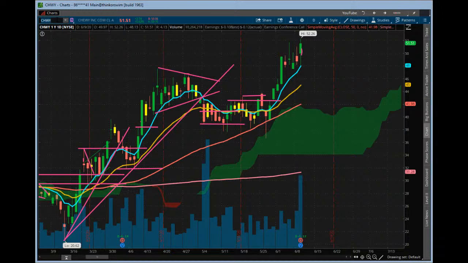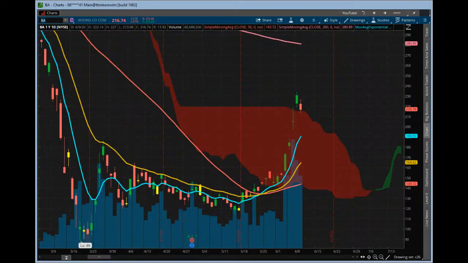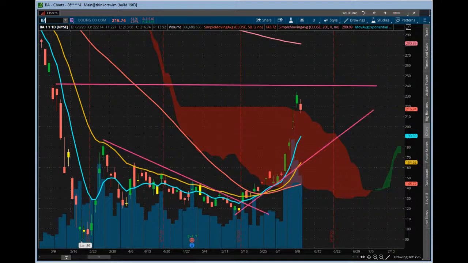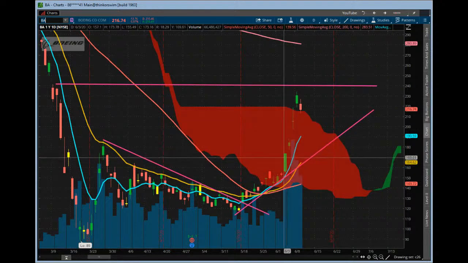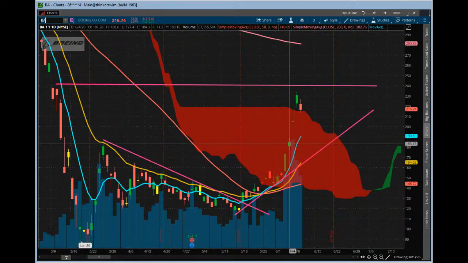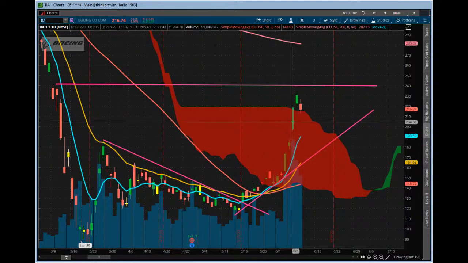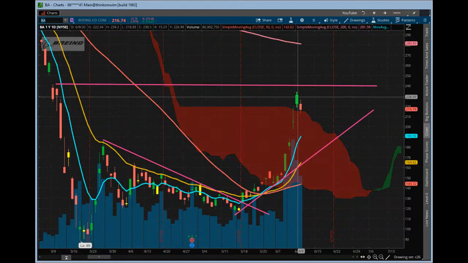Anki, what's going on? Doing good. Hope you're doing well. Thoughts on Boeing? So Boeing finally got a little bit of a down move. Had a great breakout candle right here. Right, we've been waiting for this thing to move, so it broke out on news, got some nice follow through the next day, and then some nice follow through on Friday. And then anybody brave enough to continue to hold that got some nice follow through